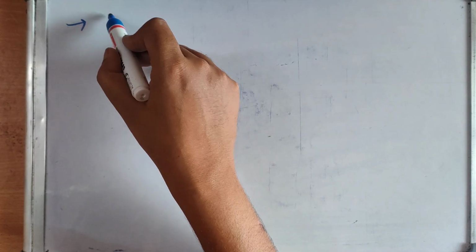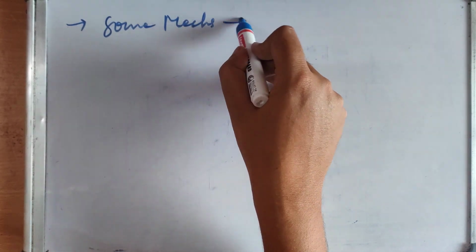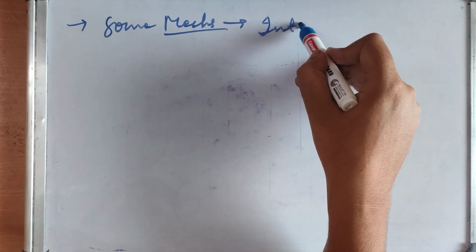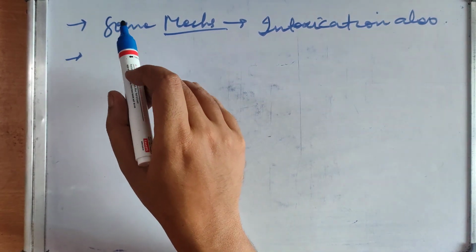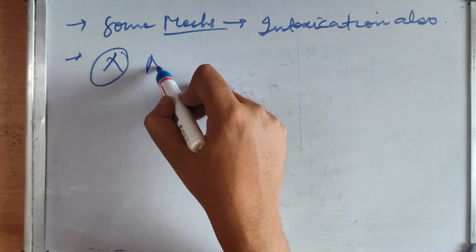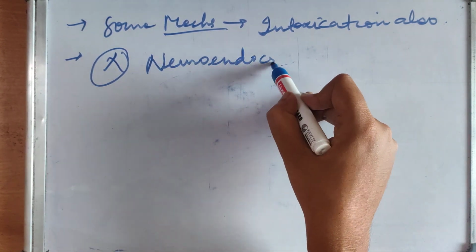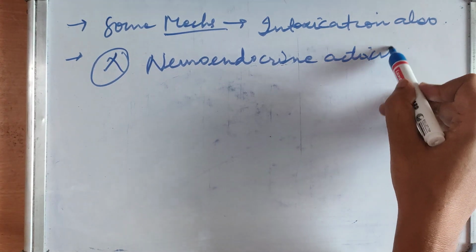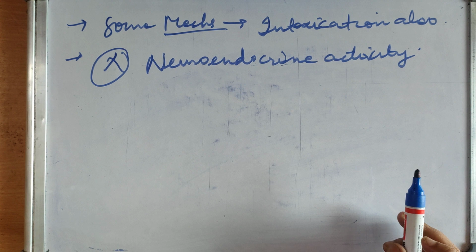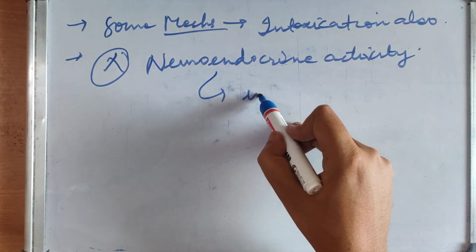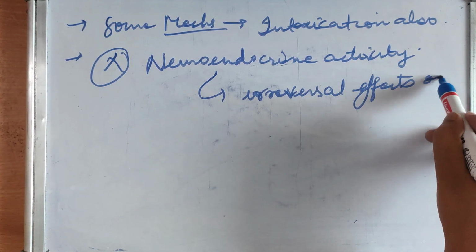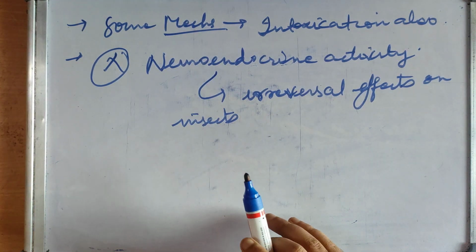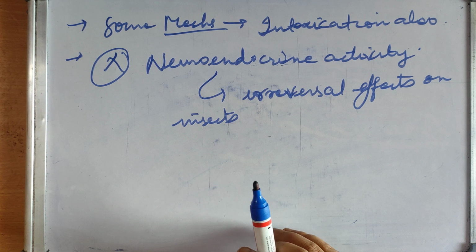It is likely that there is some other mechanism of intoxication also. So what happens? Disruption of neuroendocrine activity is thought to contribute to their irreversible effects on insects, which indicates a pyrethroid action on voltage gated calcium channel,